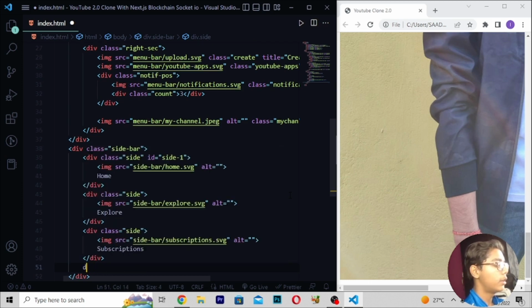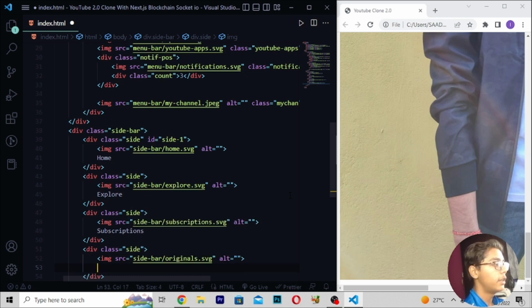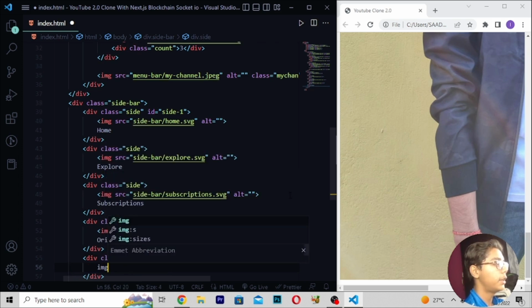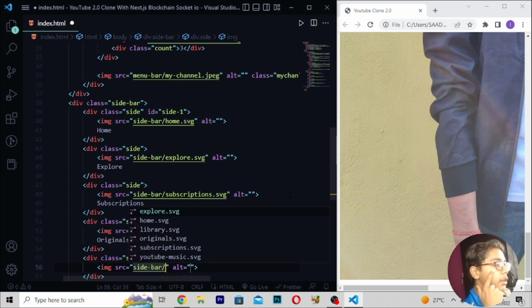Then I will be moving down again, right here div class side, then right here image, right here sidebar like this slash, then here I will be writing originals.svg. Then I will be moving down right here originals like this, then right here div, and then when you've written this, here I will be writing side, then image sidebar slash, then an a tag which should be like YouTube music.